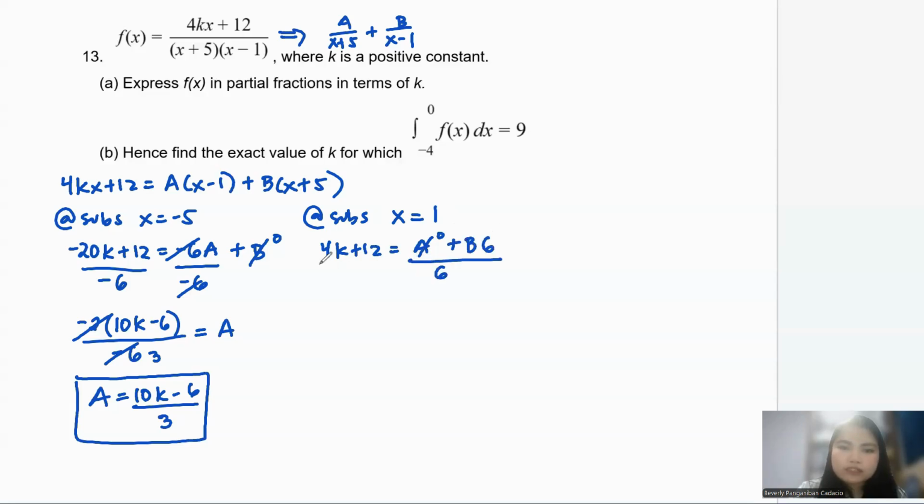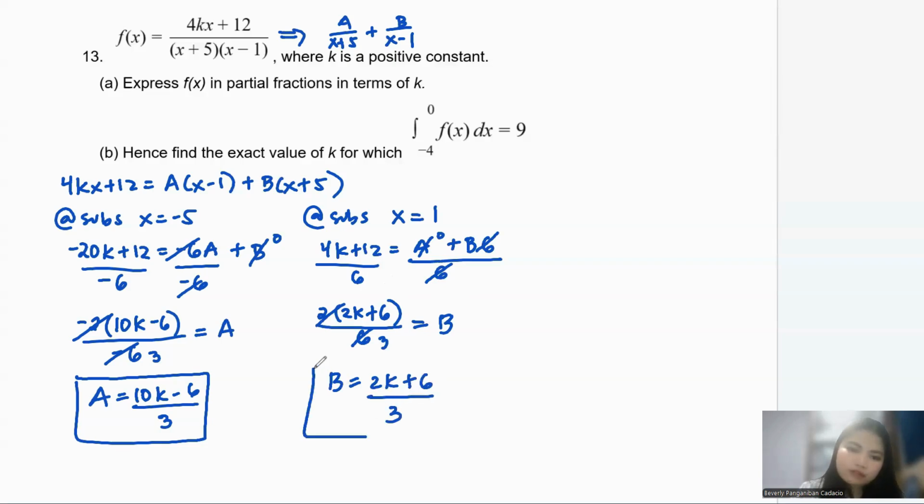Divide both sides by 6. I'm going to do the same thing, wherein I'm going to factor it out. I will factor out 2. That's the highest common factor, wherein I can cancel it at the bottom. So that will become 6 multiplied by 6, so it will be cancelled. It will be 3. Therefore, my b will be that remaining 2k plus 6 over 3.